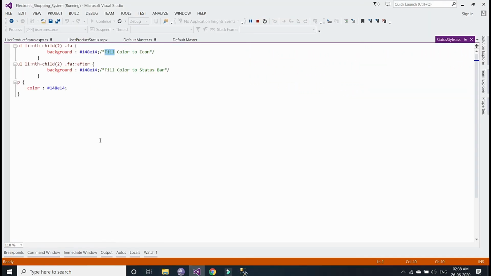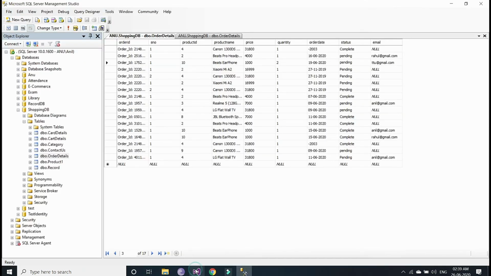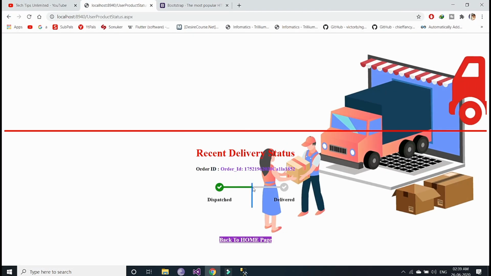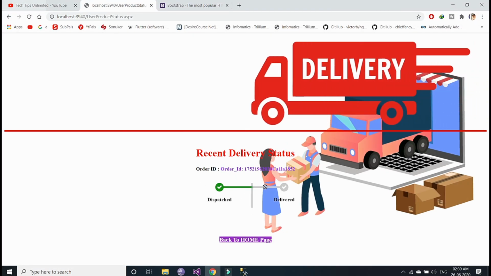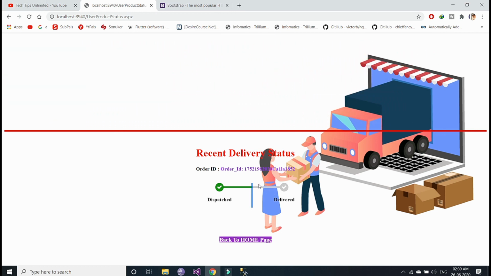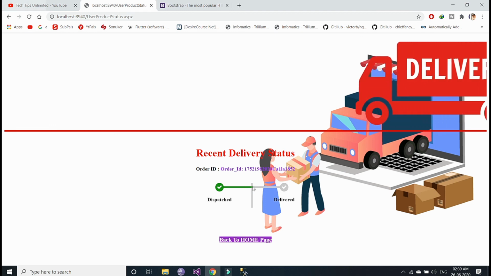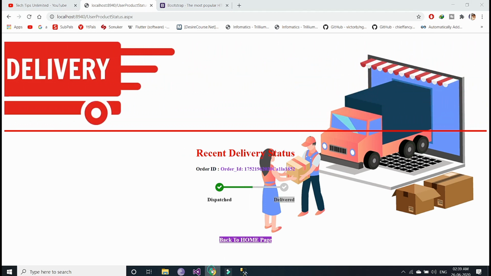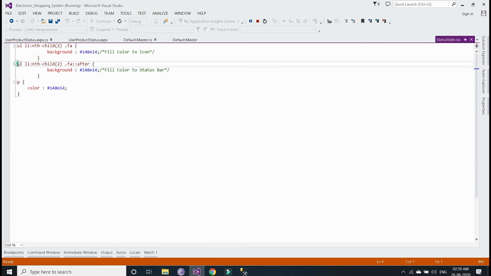After that, this is for filling the color of the status bar. After this green, you can see the line in gray color, that is our progress bar, which starts at green. If it is complete, then it should also be in green color. For that, this style is given.